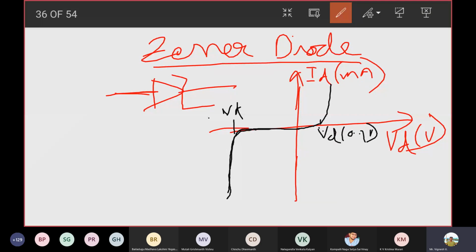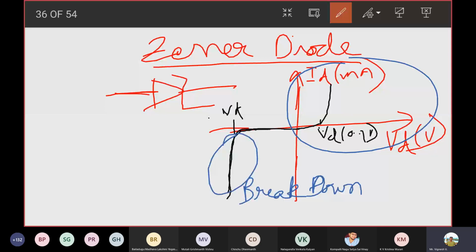This is the characteristic of a PN junction diode, right? Here, a very important thing to note is a PN junction diode is always operated only in the forward bias condition. You do not want a condition where the breakdown would occur. You do not want this breakdown region to happen in a PN junction diode. The moment breakdown happens, the diode is damaged. You cannot reuse the diode. The diode gets heated up and it is damaged.